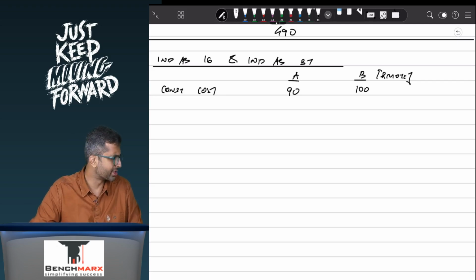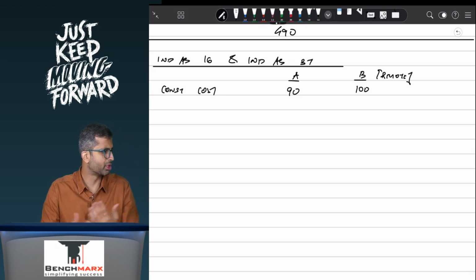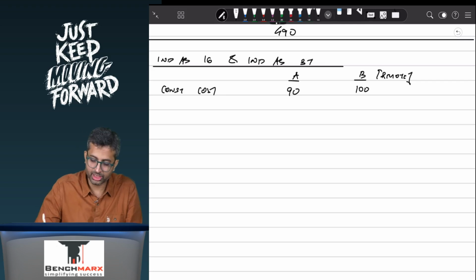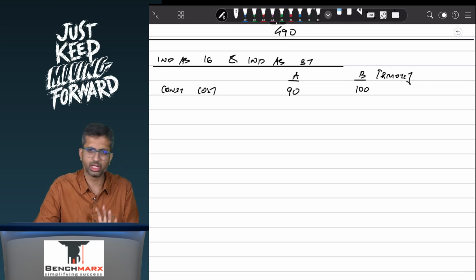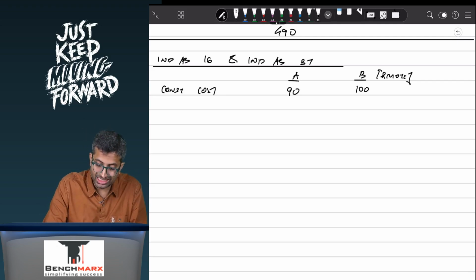So, what do you guys think? Between site A and B, whatever is the construction cost, which of the two is the cheaper? A or B? Which of the two appears to be cheaper? Well, A. B is costing you 100 rupees, A is costing you 90 rupees to construct, and hence A appears to be cheaper. Okay. Now what happens is, because site A is located close to a city, the government has said that